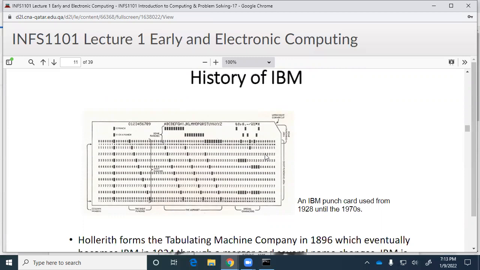This picture represents a punch card from IBM. As it says there, it was used from the 20s through the 1970s. In fact, the first computer program that I ever did was in my first year at university in a math course. We used the Fortran programming language, and we had to do it on cards like this. But with our cards, we didn't have to do that hole punch thing where you typed anything.